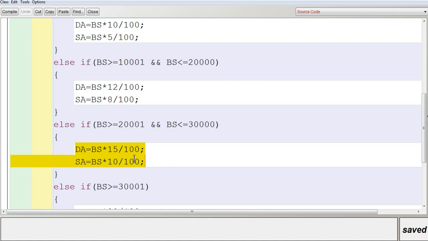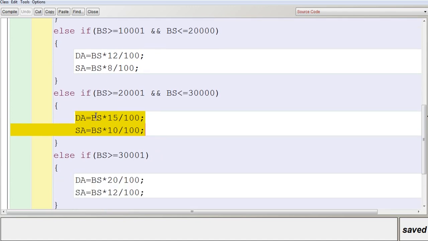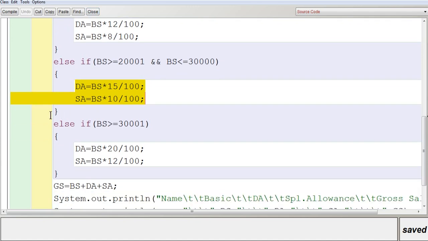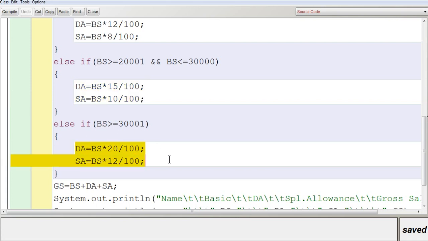And here you can see that it will calculate 15% for DA and 10% for SA, that is special allowance. And then suppose all these three are false. It will go to the last condition: else if BS is greater than or equal to 30,001. Then the final criteria is DA equal to 20% and special allowance equal to 12%. So you are going to calculate all this.